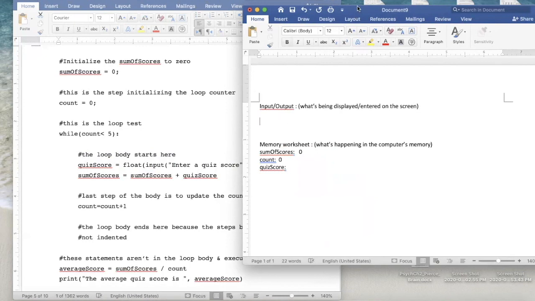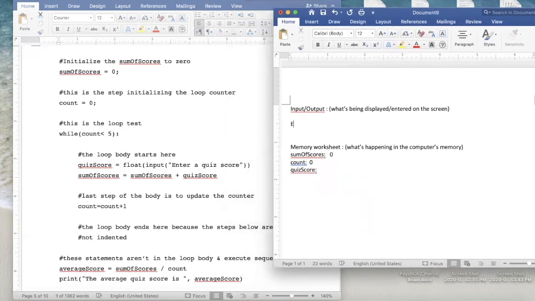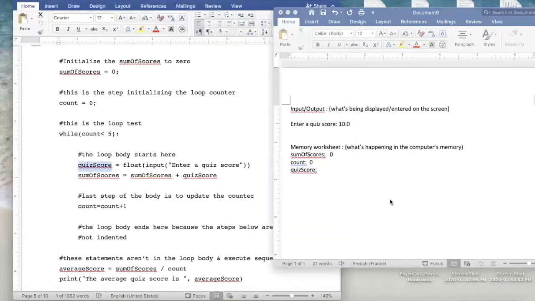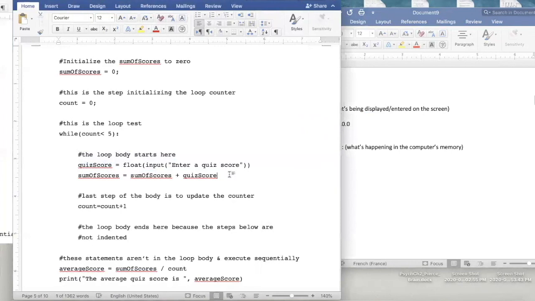So the computer's going to type out for the user, enter a quiz score. That'll be output. And then the user is going to enter some value. Let's say they enter a 10.0. So it's going to read in their 10.0 and store it in our variable called quiz score, because that's where we're assigning the input value. Cool. And then the next step in our loop body is to update the value of sum of